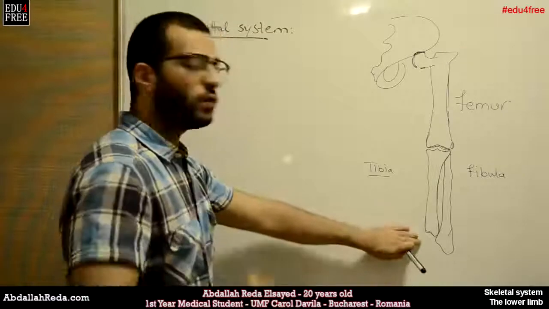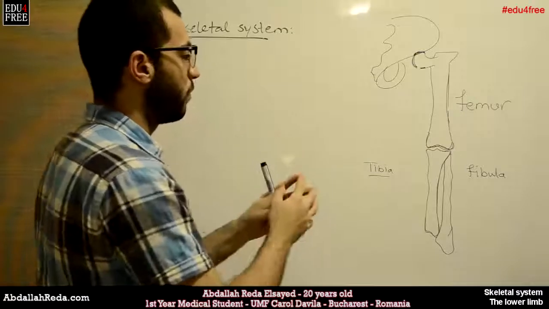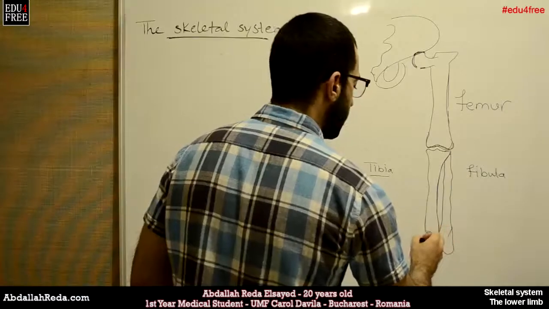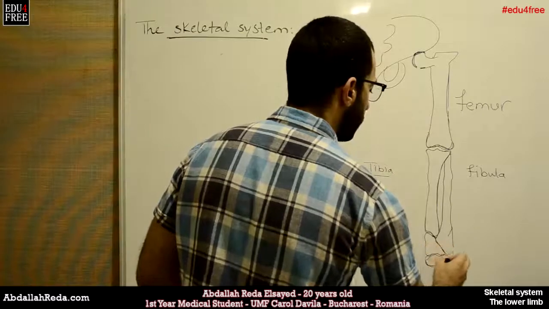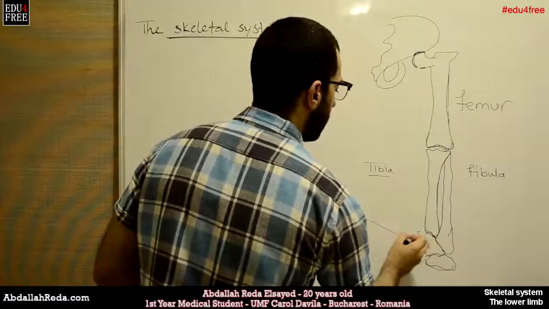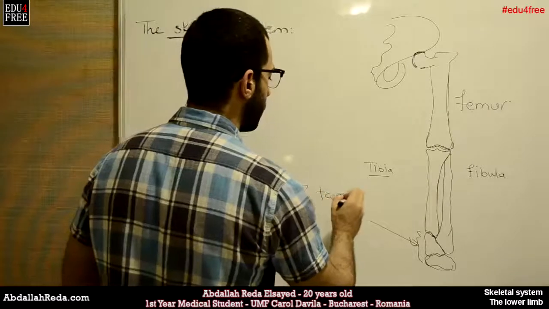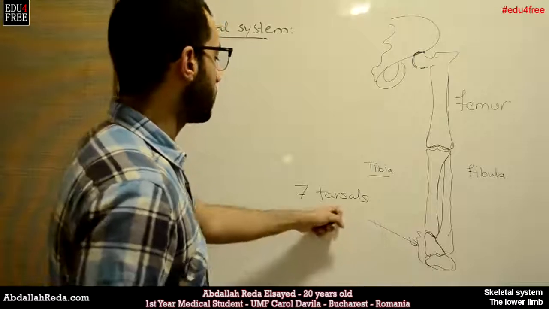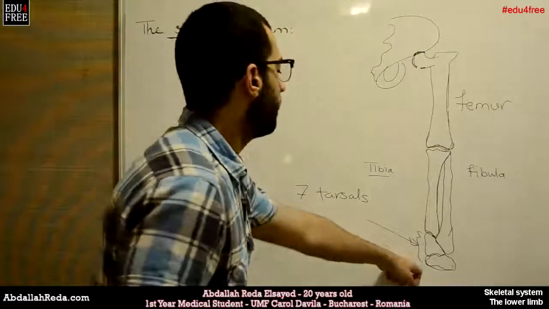Now, as we mentioned, in the upper limb we have the wrist, and the wrist is formed out of 8 bones. It's formed of 8 bones. For the ankle in the leg, here, the ankle bones are found around this area. They are 7 bones, which are called tarsals. On the other hand, the wrist bones were called carpals. So here we have 7 tarsals, and the wrist we have 8 carpals. So 7 tarsals, and after that,